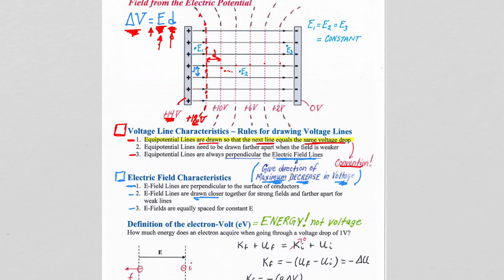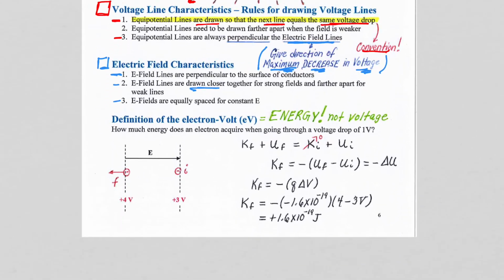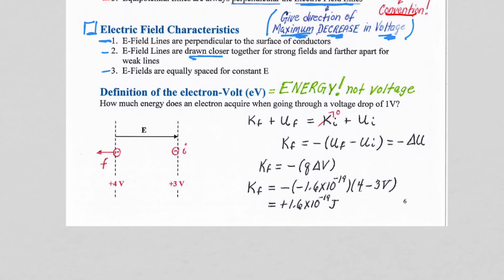The last thing that I want to cover with you on this page of notes is the definition of the electron volt, because that can also be confusing language. An electron volt is not voltage at all. It is energy. It is joules. So please make sure you get that down into your notes. It is not voltage, it is energy. And what energy is it? Well, that is pretty easy to understand, I think,